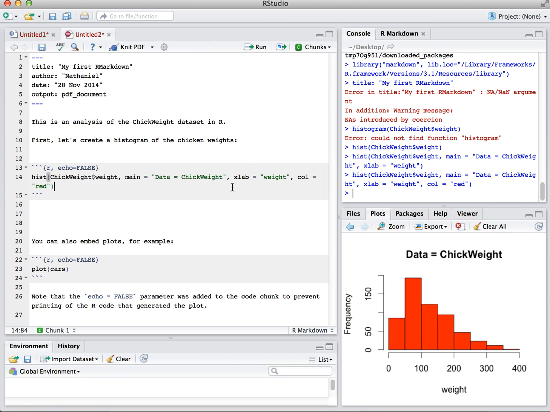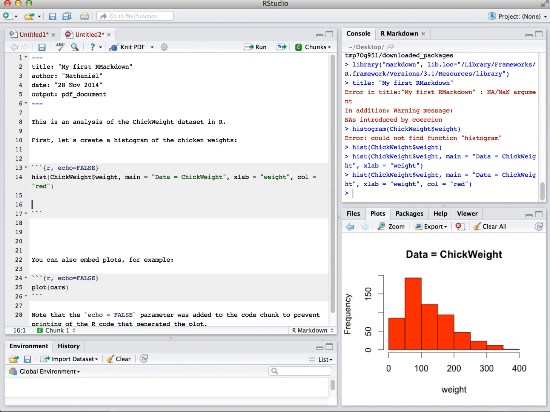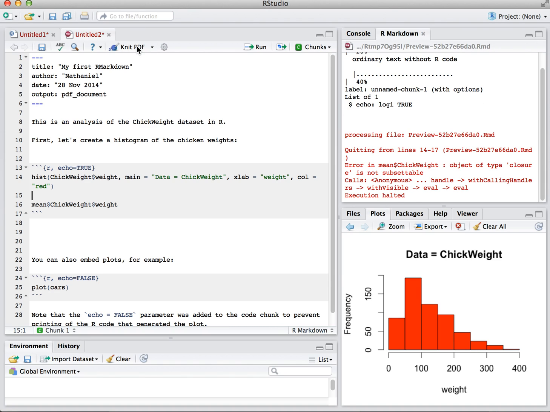But of course, when I open the RMarkdown document, I always have the R code that I can look back at, but now it just won't print it out into the document. And if you run other R code here, let's say I wrote mean chick weight, and let's turn echo into true. And if I run this, then